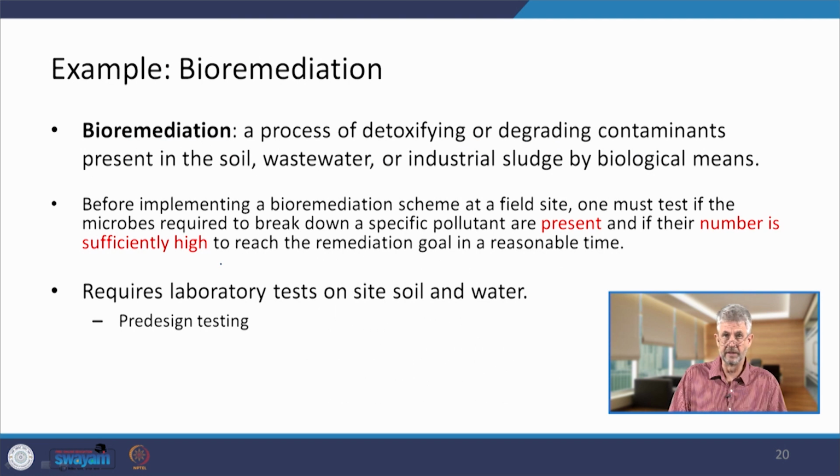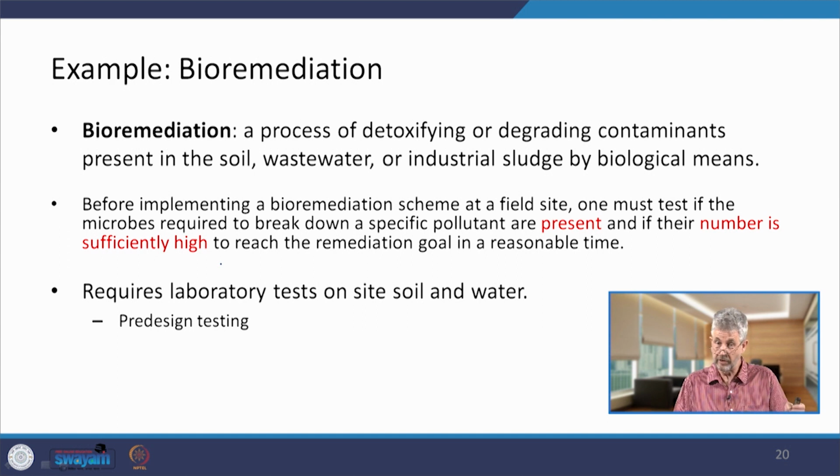Another example is bioremediation. Bioremediation, a popular remediation strategy, is a process of detoxifying or degrading contaminants that are present in the soil or wastewater or industrial sludges using biological means. That means we let bacteria, fungi, or other microbes loose and have them eat, destroy the pollutant and turn it into a benign product. However, before implementing a bioremediation scheme, one must determine first, are these microbes present at the